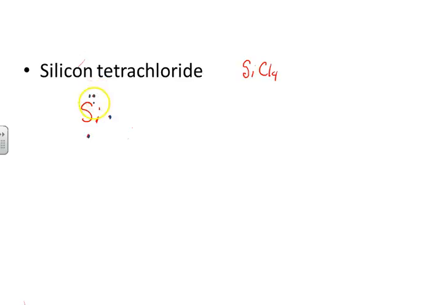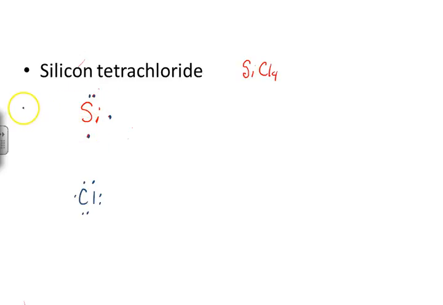So we have a pair of s electrons and 2 p electrons. We also have chlorine, and each chlorine has 7 dots. Okay. Now, if you don't remember how to get the number of electrons in the dot diagram, silicon